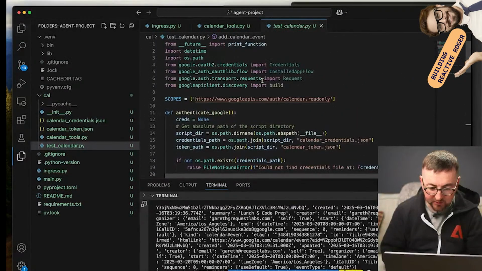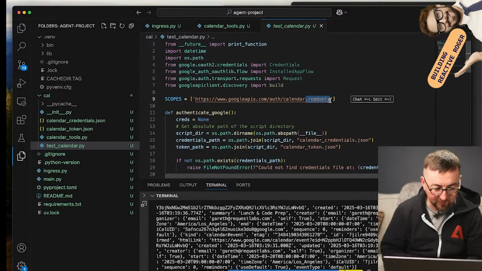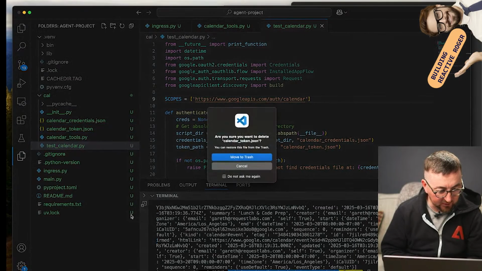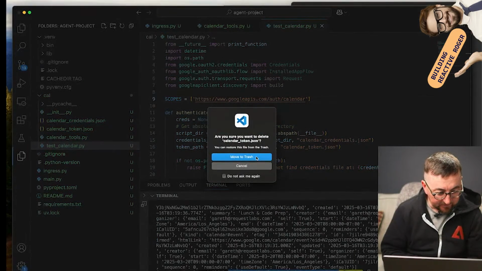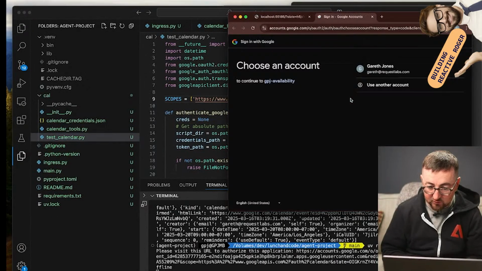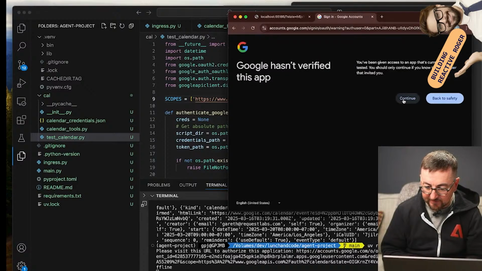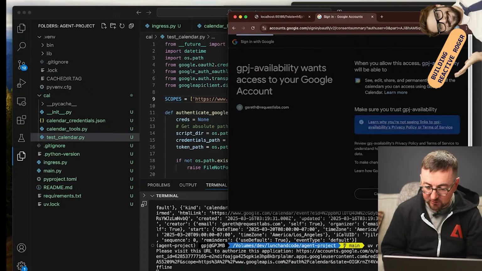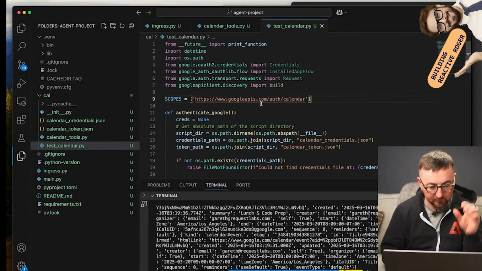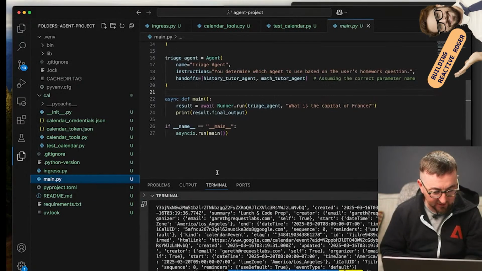Did I change it to all? Nope. Wonderful. Okay, let's delete this token and run again, select the account, continue, continue. All right, so now that I have this token set up,